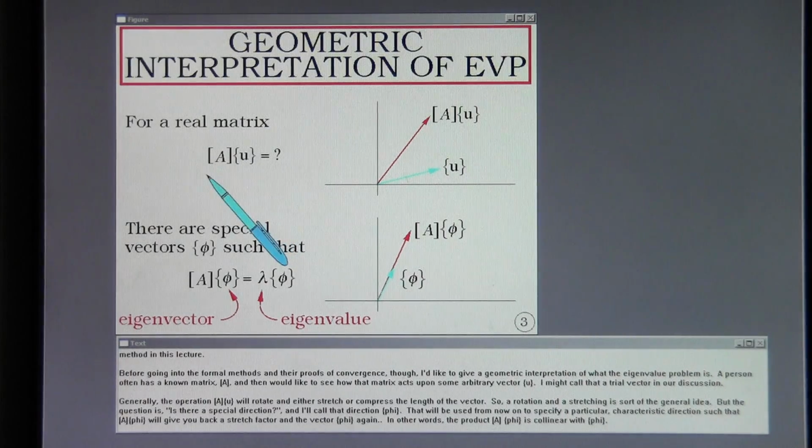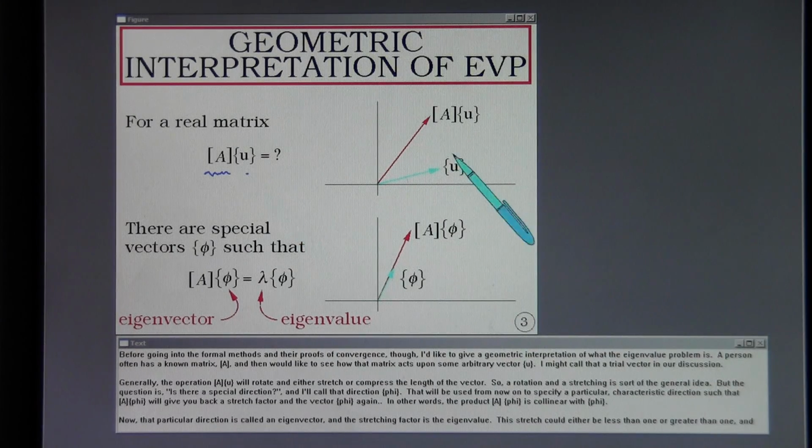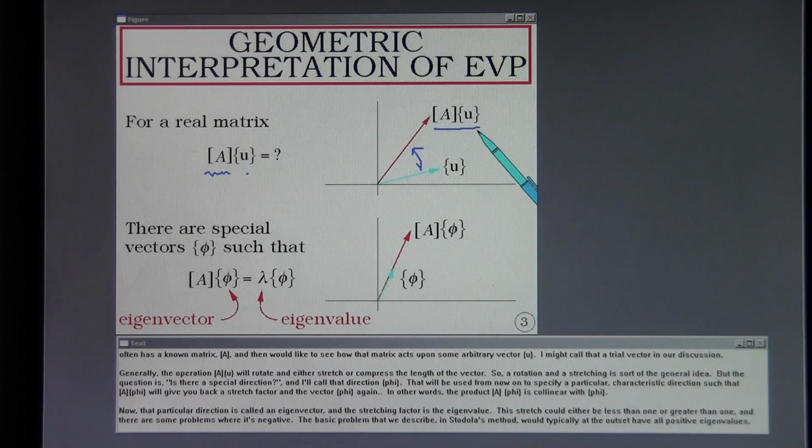A person often has a known matrix A and then would like to see how that matrix acts upon some arbitrary vector U. I might call that a trial vector in our discussion. Generally, the operation AU will rotate and either stretch or compress the length of the vector. So a rotation and a stretching is sort of the general idea. But the question is, is there a special direction, and I'll call that direction phi, and that will be used from now on to specify a particular